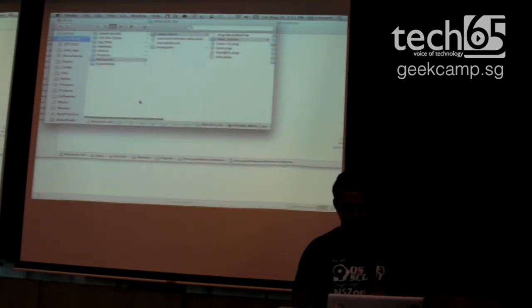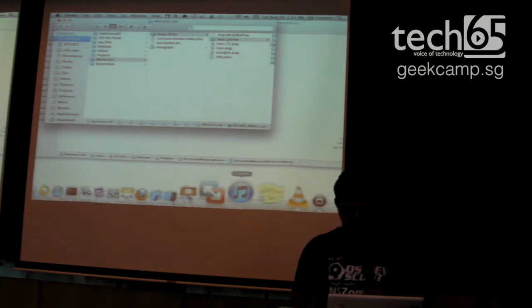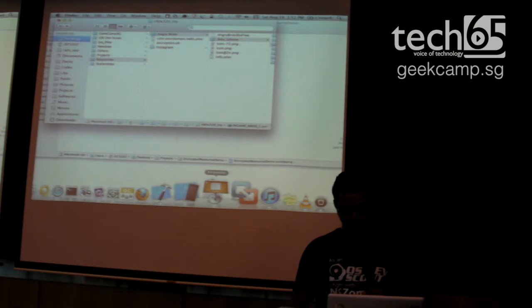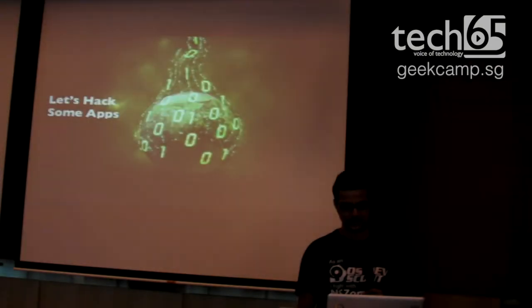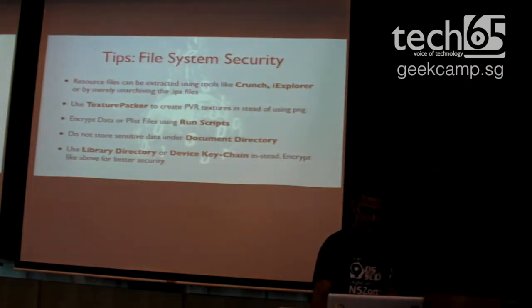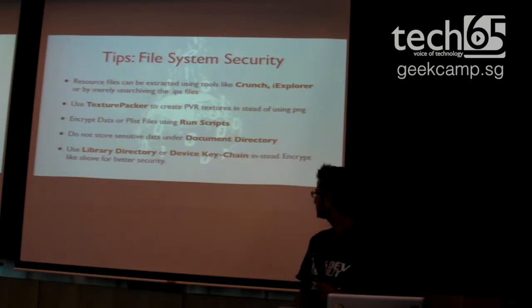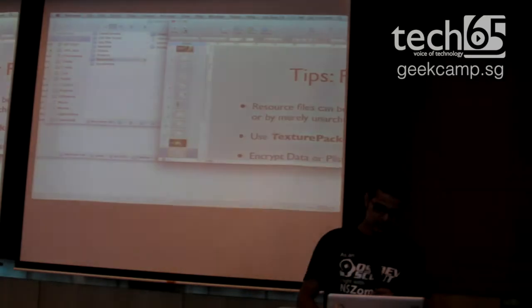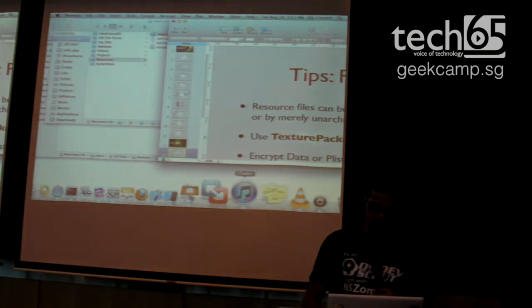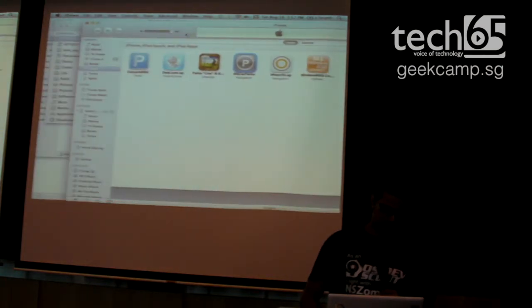Well, that's about your bundle directory. You have two more directories called document directory and library directory. The tool that you use for creating or extracting PVR files is Texture Packer. So again, document directory,